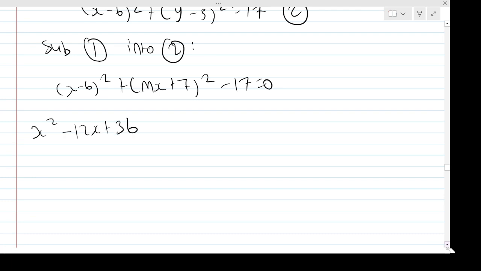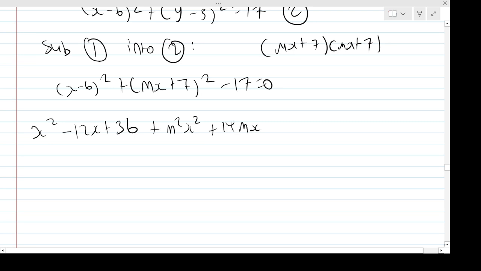Now I'm not going to do this one in full, this is a nicer one because it's only 2 terms. I can do that in my head, but again, if you're a bit uncomfortable, you can do it manually somewhere on the page and expand it one by one. But here, if you do that expansion, you get m squared x squared, mx times mx is m squared x squared, then mx times 7 is 7mx, another one be plus 14mx, then 7 squared is plus 49, minus 17